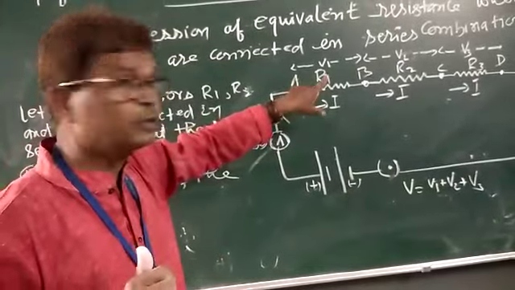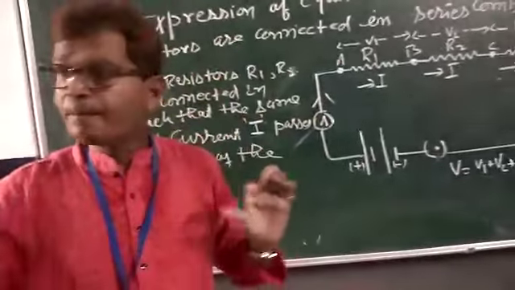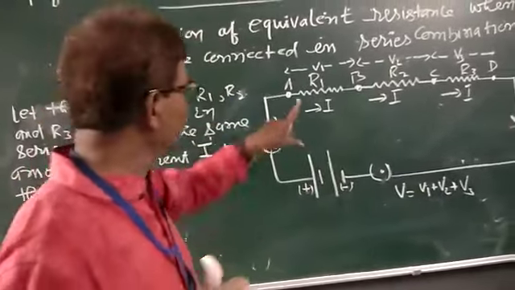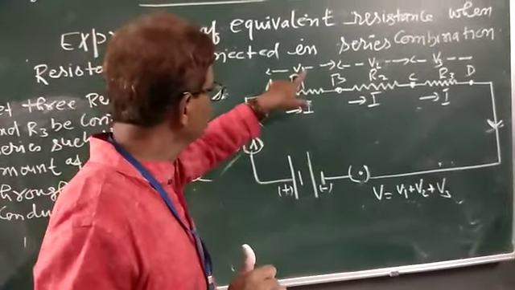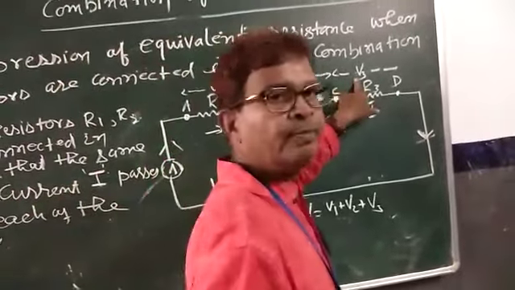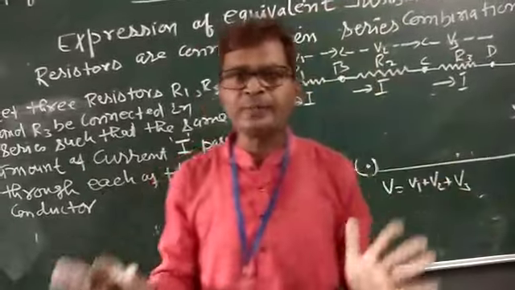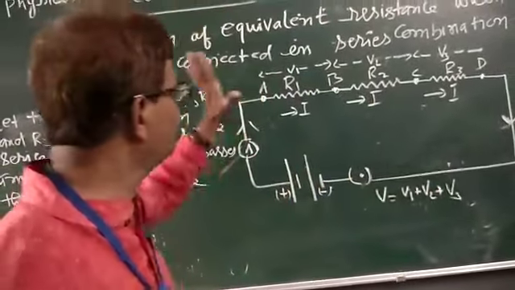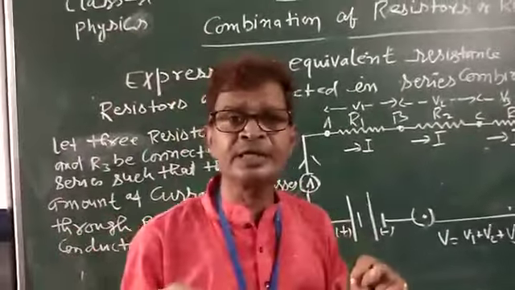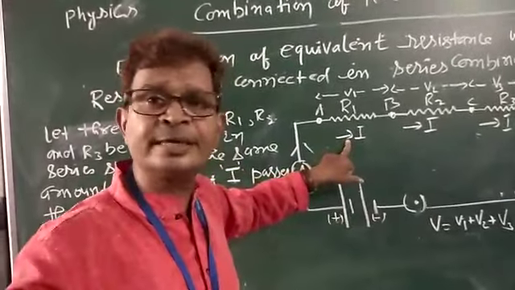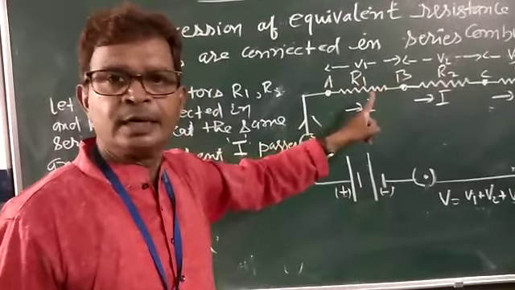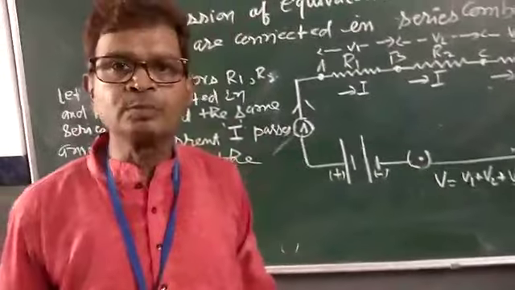But interestingly, you should notice here, the potential difference PD is not the same for these three resistors. The potential difference of R1 be V1, R2 be V2 and R3 be V3. So the potential difference in series combinations are different for different resistors. You must understand, in series combination, the current will remain the same for each of the resistors, but the potential difference does not remain the same for each of the resistors.